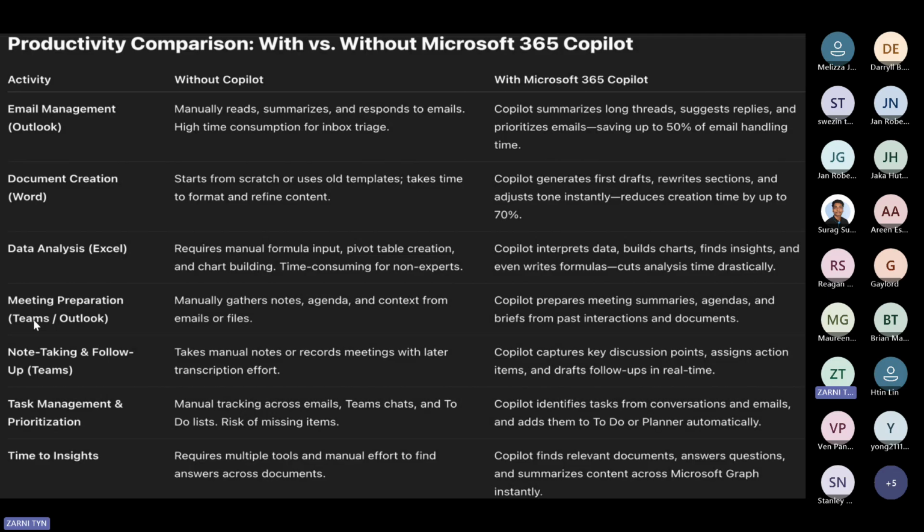And then Teams, and this is text management, priority, and time to insight. This is without and with Copilot. You can search and you can learn. This is very important, without and with Copilot. Okay, and then